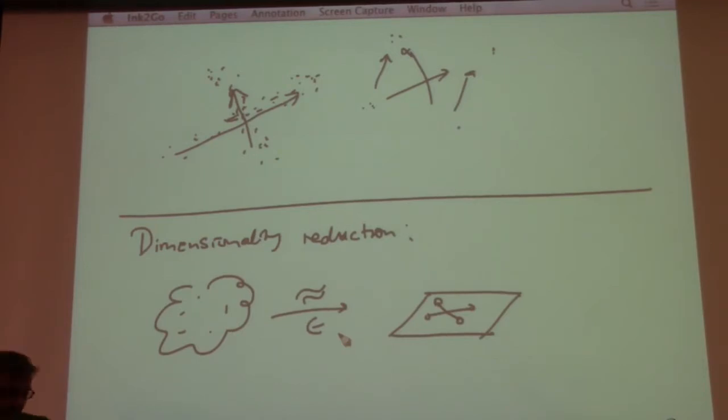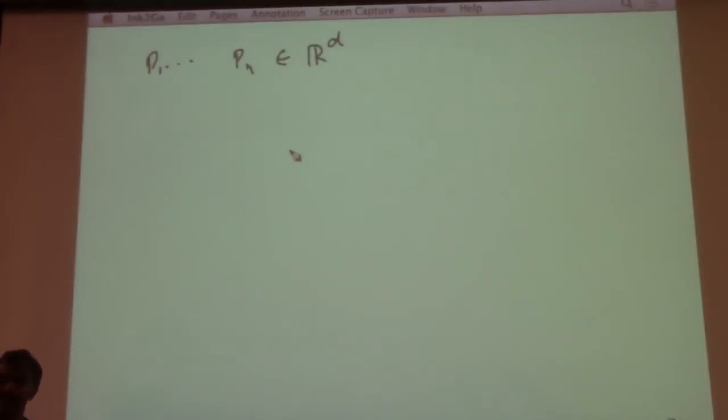All right. So there is another canonical result with the same kind of shock value for dimensional reduction. I want to tell you what the result is, and I won't prove it for you. There are probably 100 proofs of it, but I'll just try to give you a sense of what it's saying. So the following statement can be shown. Suppose I give you n points, p1 up to pn, in some high dimensional space, R^d, which means each point has d coordinates, and each value can be a real value. And let's just say that all these points are in a Euclidean space, which in particular means that the distance